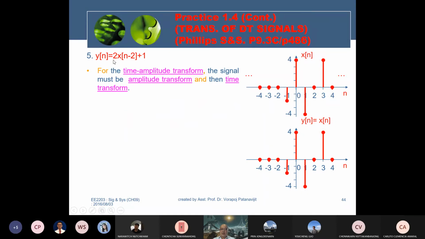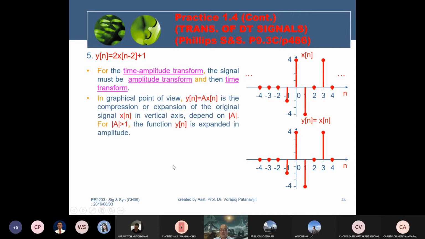Okay, 2 represents amplitude scaling, minus 2 represents time shifting, and plus 1 represents amplitude shifting. We take amplitude first, and for the amplitude we take amplitude scaling first. Amplitude scaling, from the graphical point of view: yn equal to axn is the compression or the expansion of the original signal xn in the vertical axis, depending on absolute A. In this case, A equals 2. Therefore, the function yn will